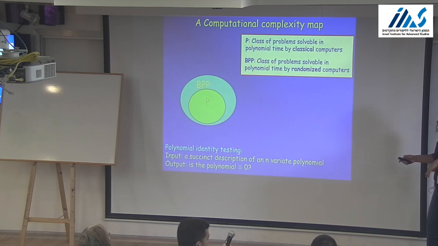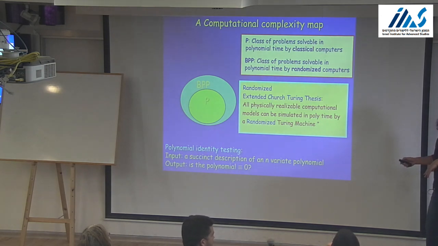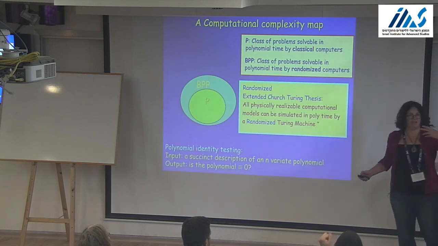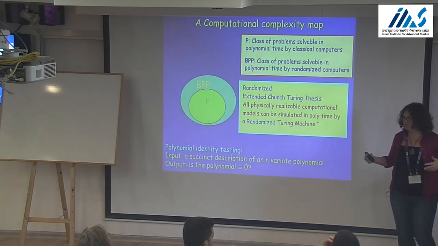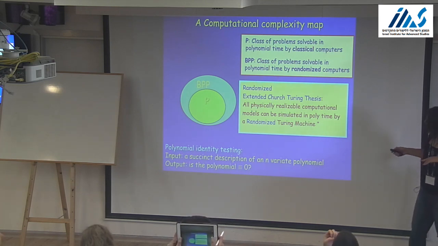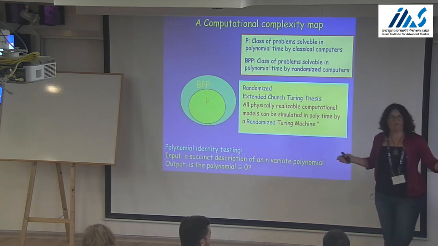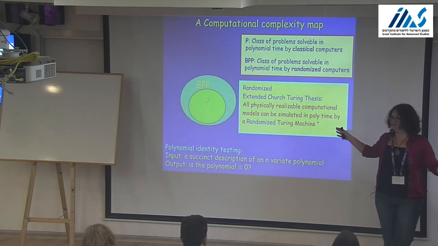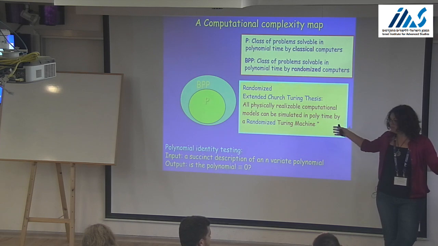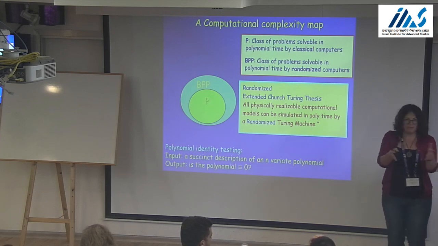Okay, so given that we don't yet know whether BPP is equal to P, we are going to update the Church-Turing thesis so that we say that the randomized Turing machine, rather than just the Turing machine, is what captures the class of tractable problems in our world, up to quantum. The extended thesis will say all physically realizable computational models can be simulated in polynomial time by a randomized Turing machine. And before quantum computation arrived, this was basically the belief that randomized computation defines